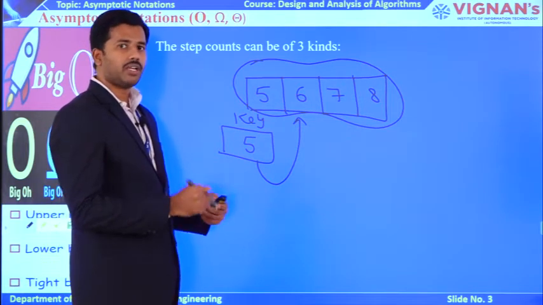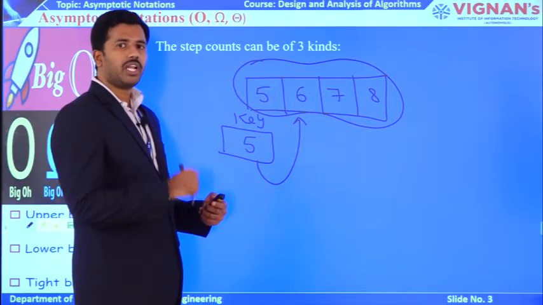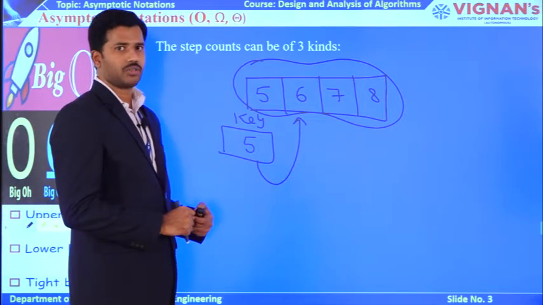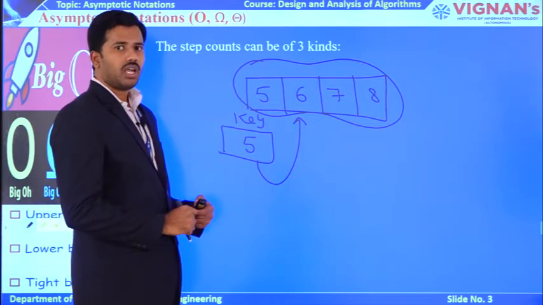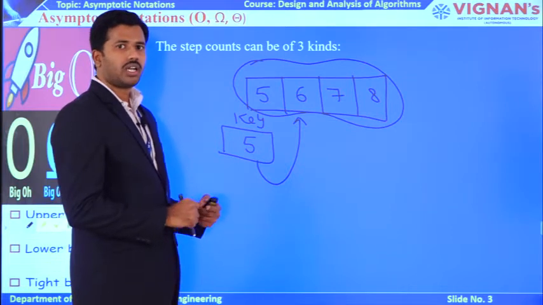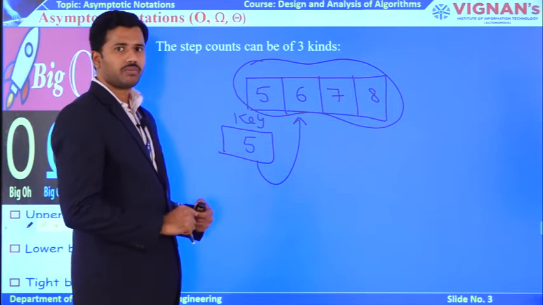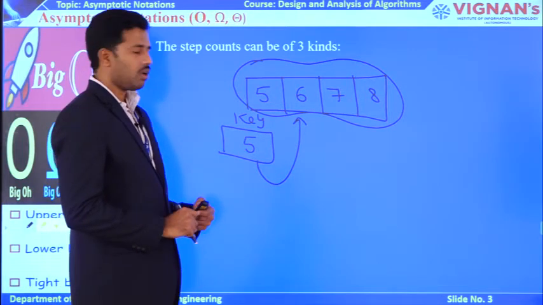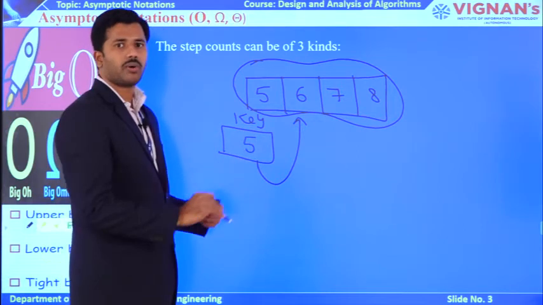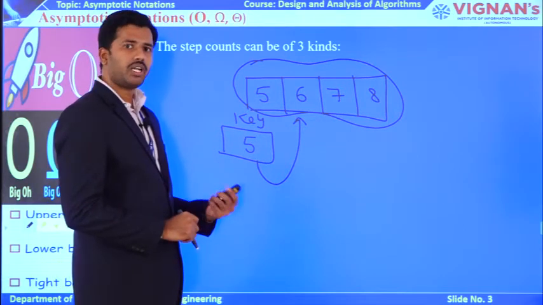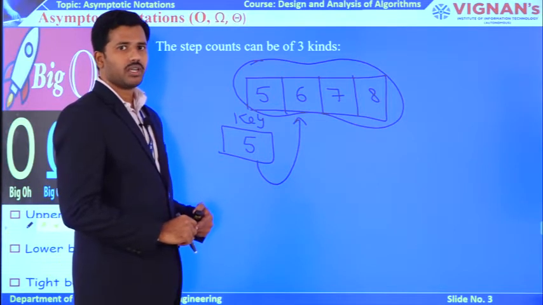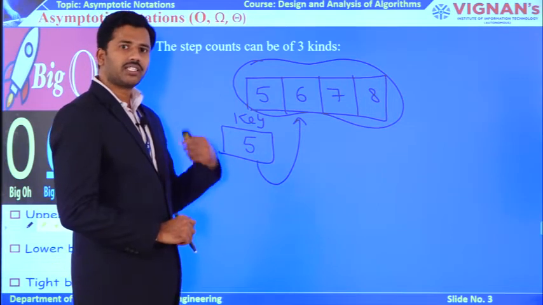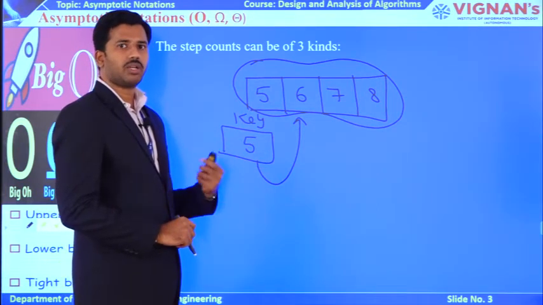What happens if I get the result in the middle of my iteration? Ultimately I can consider it as the average case. What happens if I find my result at the last iteration of my for loop? Then I can consider it as the worst case. Or what happens if the key element is not found in my n size array? Ultimately that is also considered a worst case. Why? Because when can you say the key is not found? After tracing all the elements available in the array.